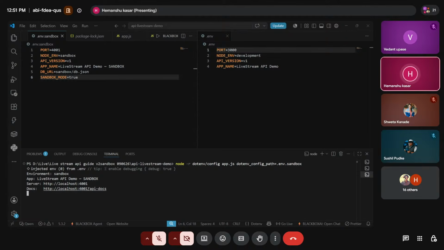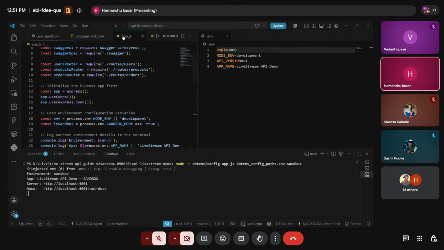So in the app.js, we read process.env.SANDBOX_MODE to show a different banner, and process.env.PORT to listen on 4001 instead of 3000. So no code change, just the configuration has been changed here.